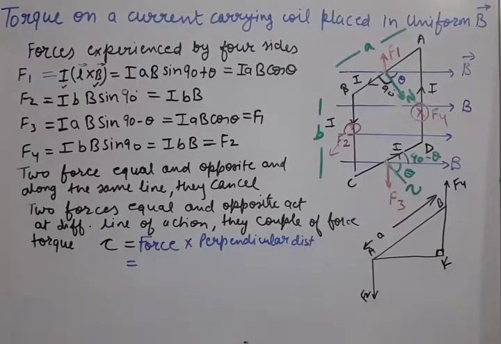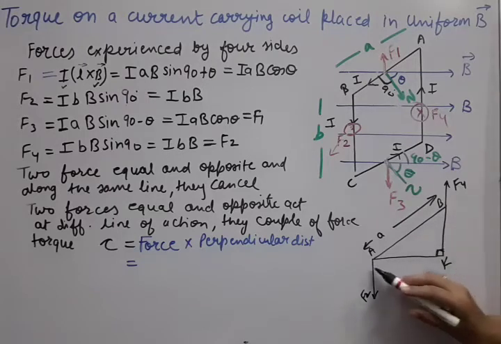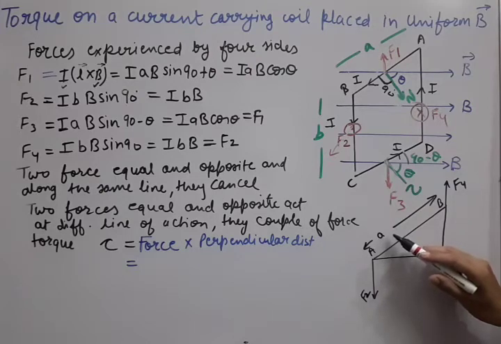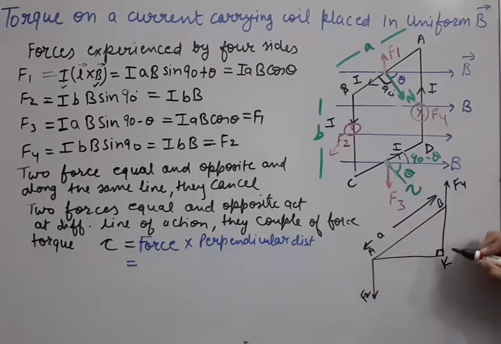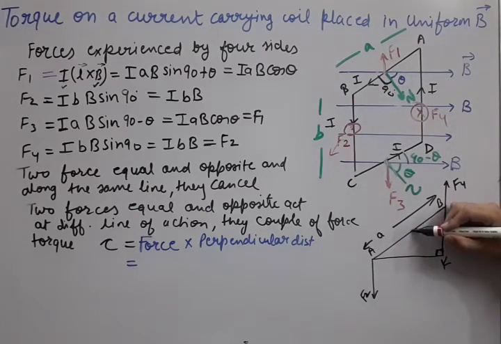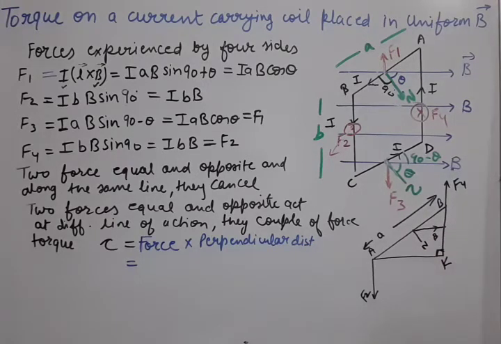I have drawn the diagram a little bigger so that some more terms can be seen. See, the AK distance we have to find. This hypotenuse value, that means A, we already know. Now AK is the perpendicular distance, so we need an angle theta somewhere. How will that happen? We will take the help of the normal. If I draw a normal, then the magnetic field is straight. So I am showing the magnetic field straight. This is my magnetic field B.